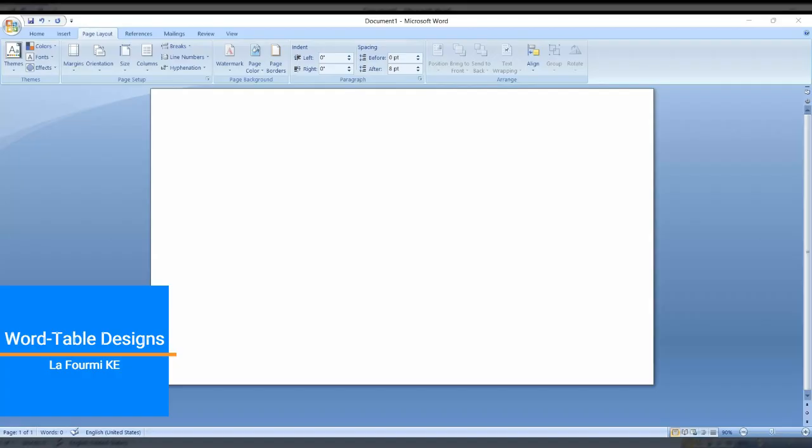Let me move this one to also 1. Now if you look at this preview, this is how the text will appear when printed. So then we click OK